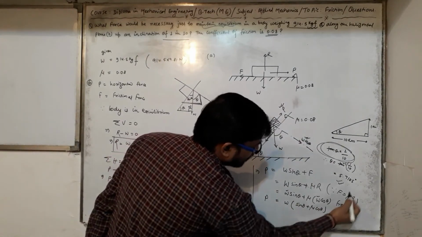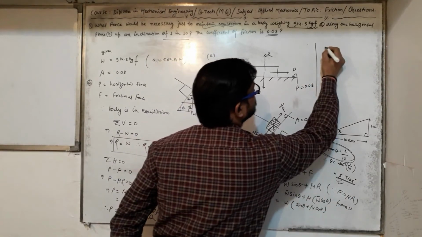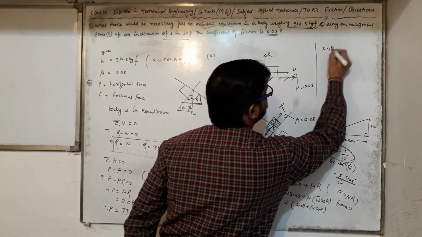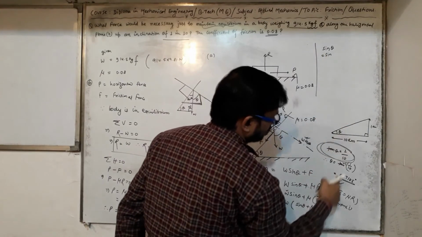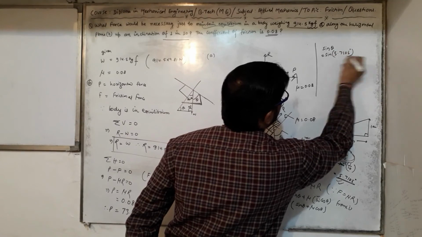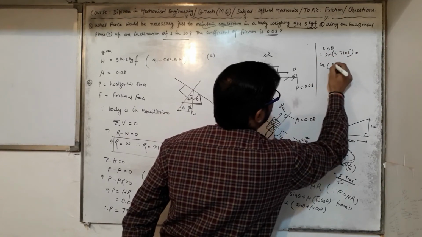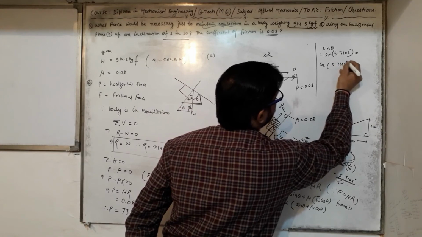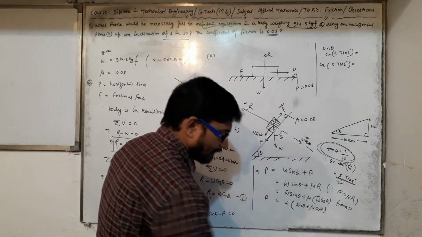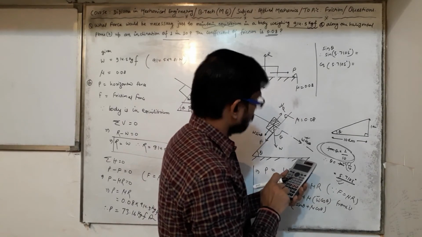Theta is nothing but 5.7105 degrees. So sin theta is the sine of 5.7105 degrees, and cos theta is the cosine of 5.7105 degrees. Let's find the value of sine of